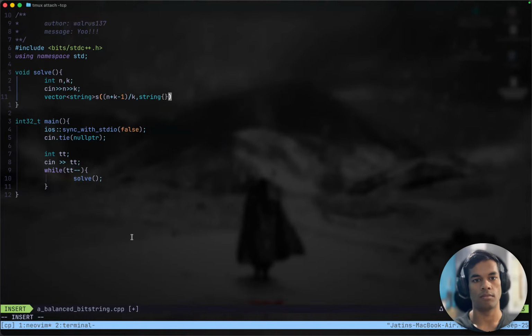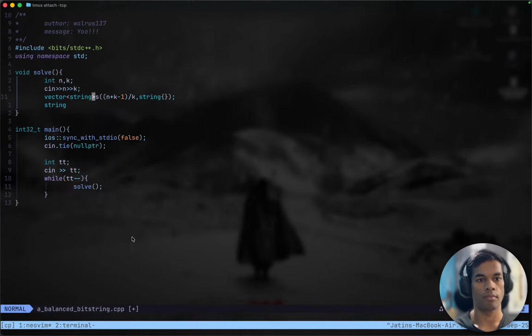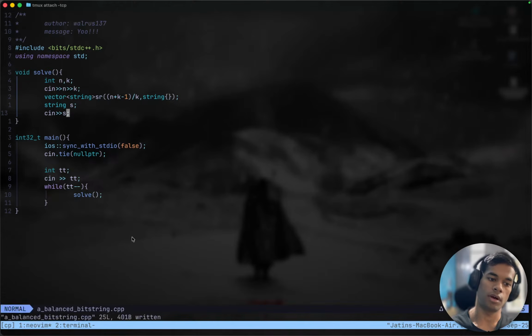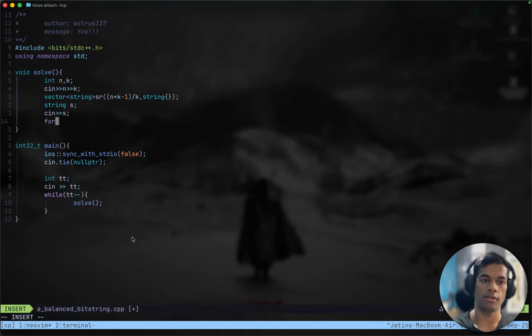How do I divide the string? Cin s. Now I have to divide the string, or maybe I don't have to divide the string. I just take it as it is, and for i equals 0, i less than k, i plus plus,